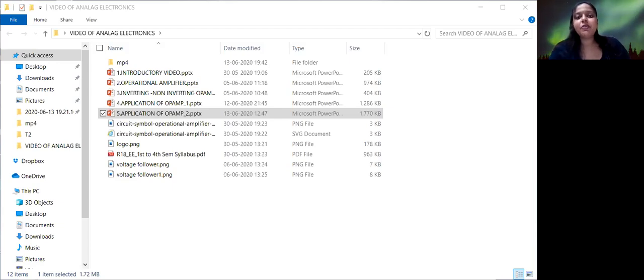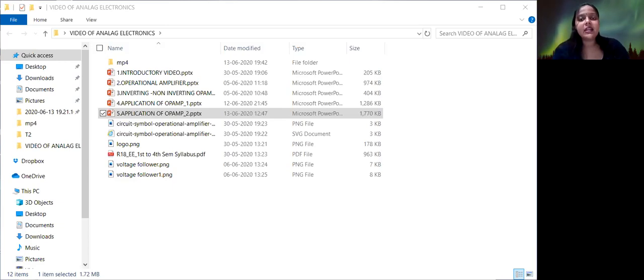So next, this is the output voltage calculation for a differentiator circuit. Same as before, first we need to calculate the input current I in. What is I in? It is C into the derivative of the difference of input voltage, that is (V in minus Vx) by dt. And what is the output voltage? It's simple like any op amp. V out will be minus 1 into Rf, that is I into Rf. Now, if we equate this to I, we get output voltage equals minus C into Rf into the derivative of the input voltage. That is what a differentiator circuit defines.